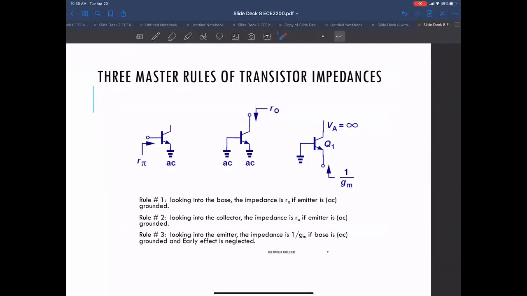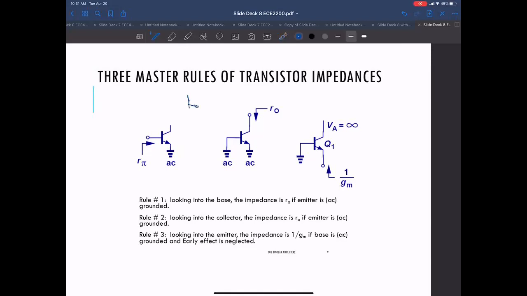general things we learn from that, having to do with the bipolar transistor, that are good things to remember. So rule number one was that if you look at the base, the impedance is just R sub pi, as long as the emitter is grounded. As long as the emitter is hooked up to AC ground, the input resistance is R sub pi. That's very important. Don't forget, guys, that it's not always the case where this is,